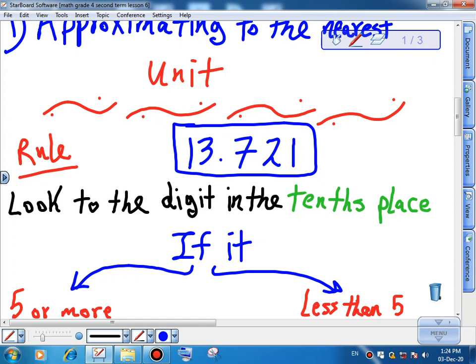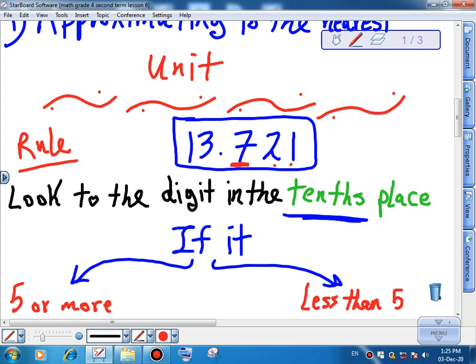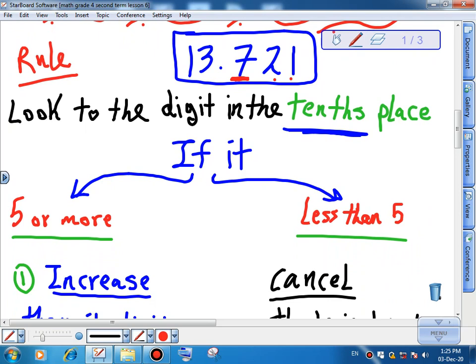Look at this. If I need to approximate any number to the nearest unit, look at the digit in the tenths place. Where is the digit in the tenths place? It's here, number 7. I don't look at the 2 or 1. I only look at the first digit after the decimal point, which is 7. This place is called the tenths place. If this digit is 5 or 6 or 7 or 8 or 9, which is 5 or more,